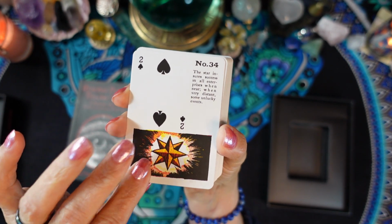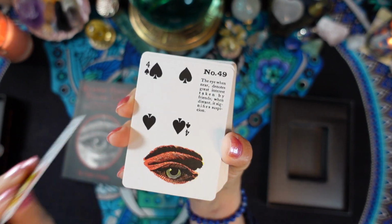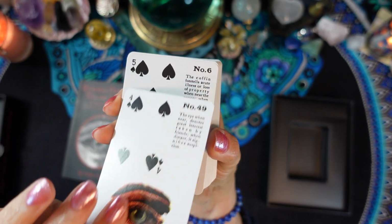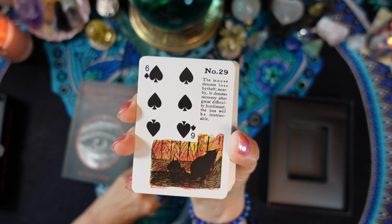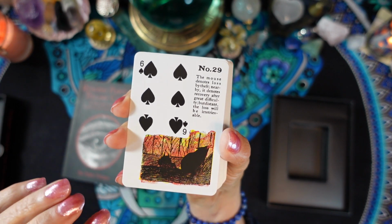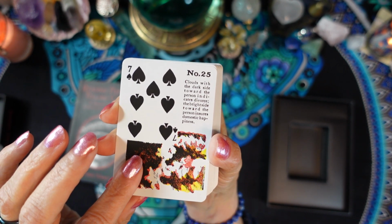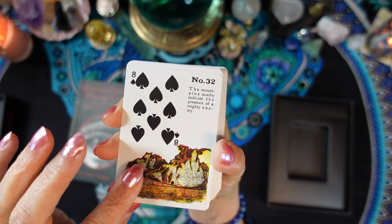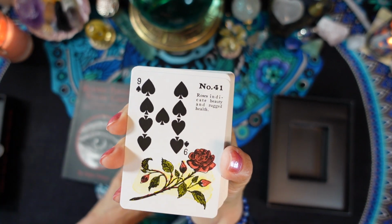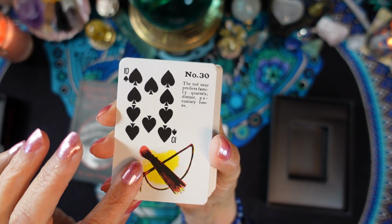2 of Spades, the star. 3 of Spades, the pig. 4 of Spades, the eye. 5 of Spades, the coffin. 6 of Spades, the mouse. 7 of Spades, clouds. 8 of Spades, the mountains. 9 of Spades, roses. 10 of Spades,